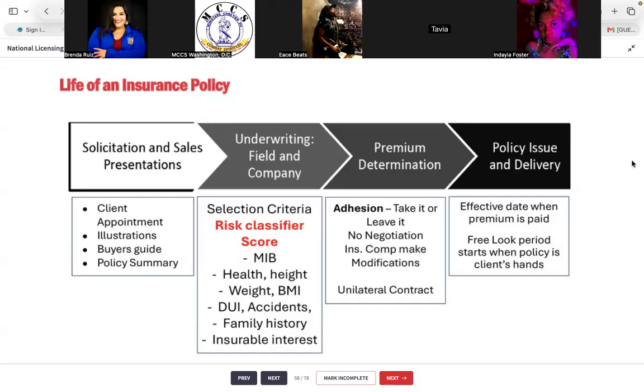When you are the agent, it is your responsibility to meet with clients. During the appointment, show them the illustration, which is just another word for quote. Illustration is just a fancy way of saying this is a quote, okay? Now, let's say your client's like, you know what, I'm interested, I want this policy. You're gonna write the policy up, and once you submit the policy, you're gonna provide them with what's called a buyer's guide. A buyer's guide just tells them all about the insurance policy they just got. Tells them about the company, gives them all kinds of good information.